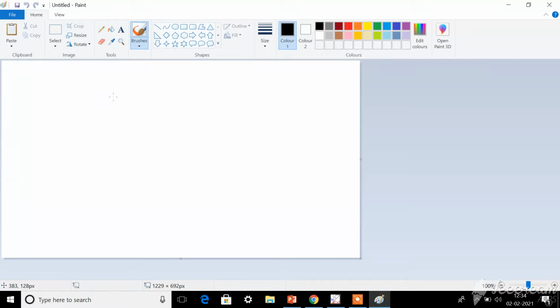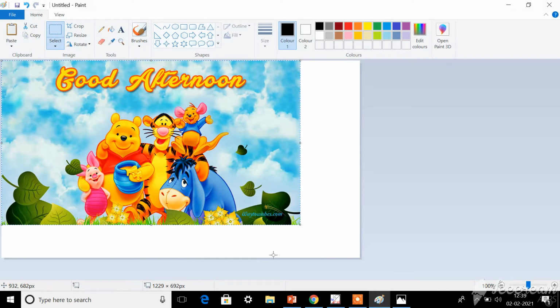Then in that you want to place an image. We have already seen how to place an image, how to rotate an image, everything we have learned in the last class, isn't it? So in this class we are going to see how to skew a drawing. For that first we need a drawing, isn't it? So let's place a drawing here. Now I have already placed the image. So this is an image.